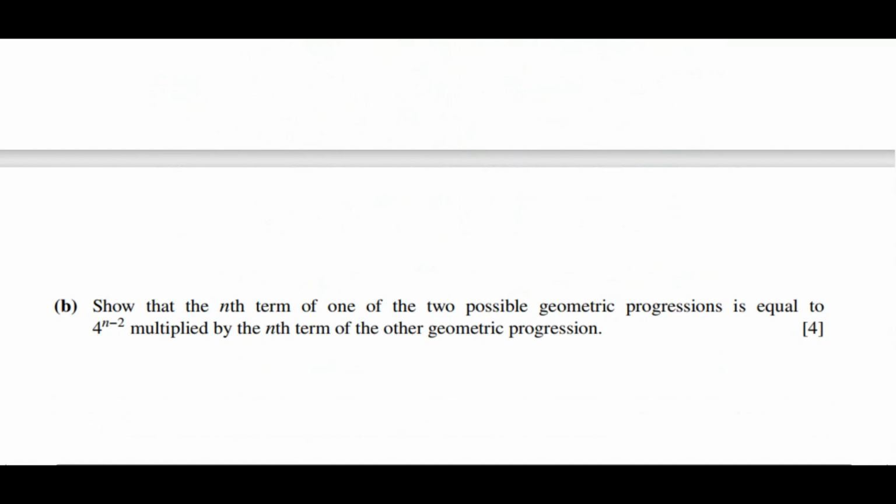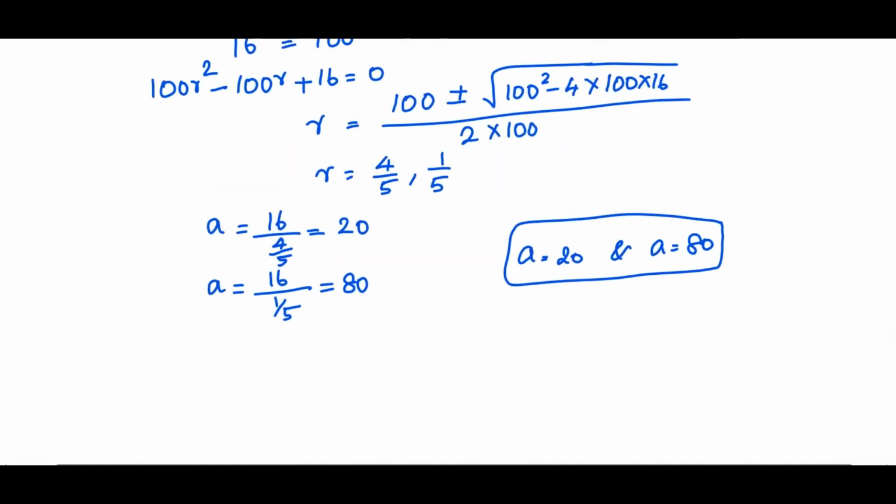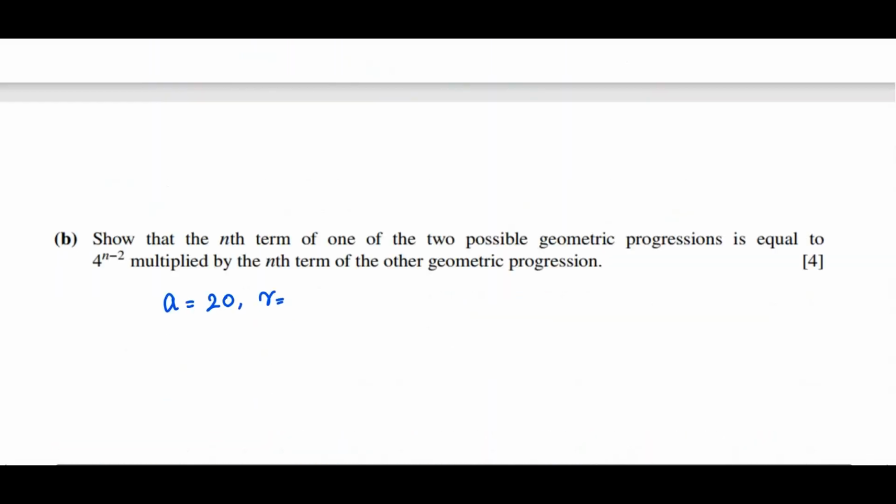So the nth term, when A is equal to 20 and R is equal to 4 over 5, the nth term is equal to